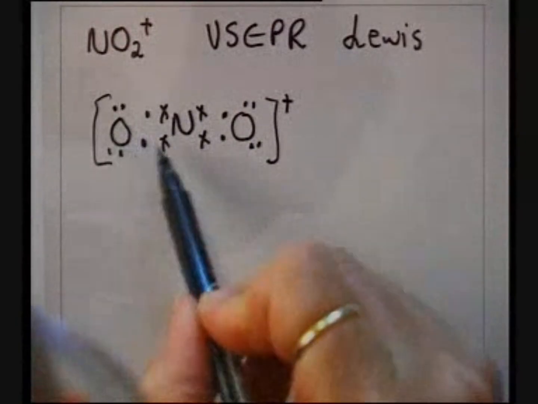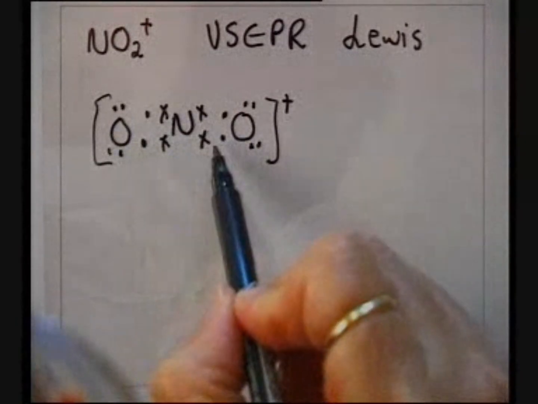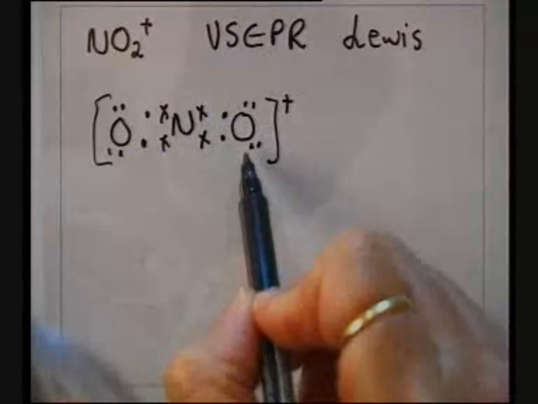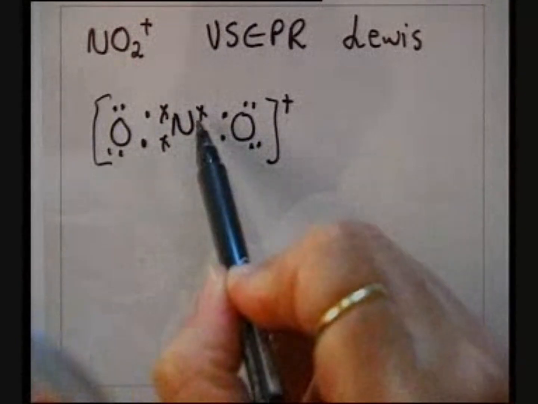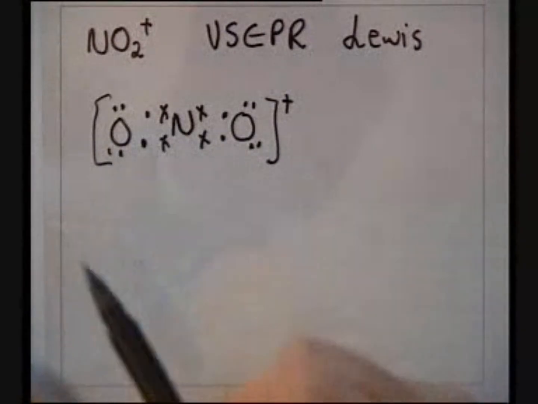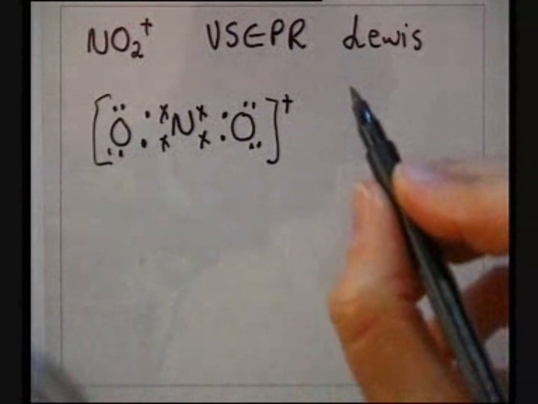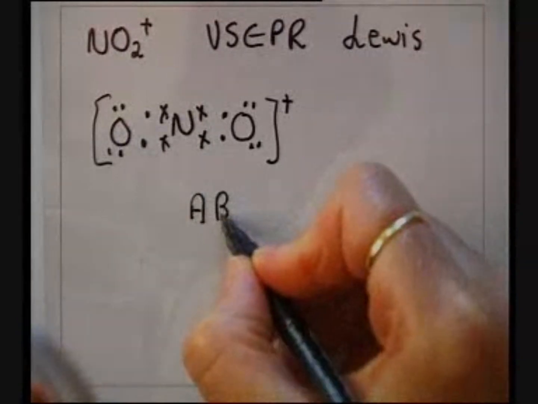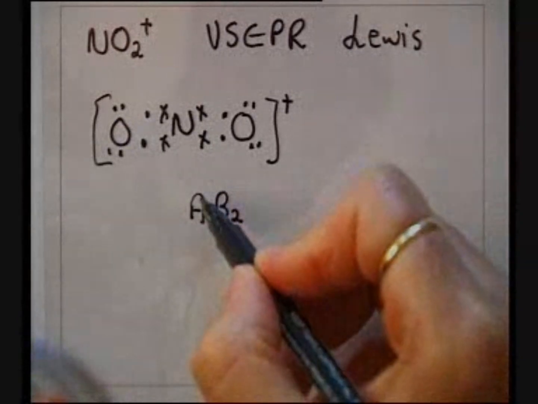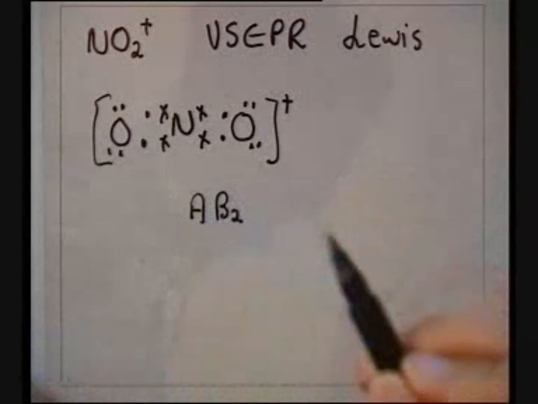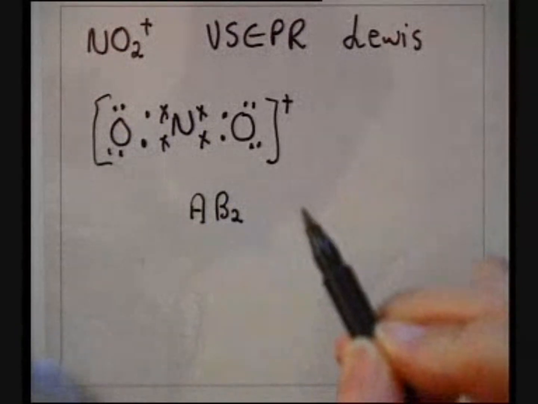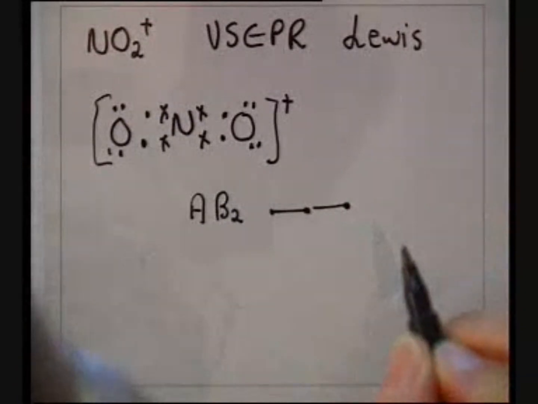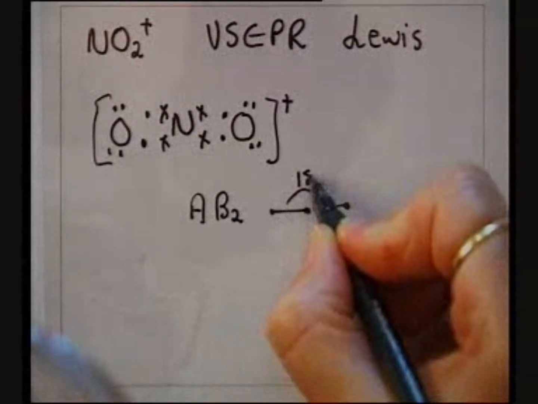We see now if we propose a structure where we form 2 double bonds in the molecule, we can form the classical electron octet around each atom. 2, 4, 6, 8, nitrogen 2, 4, 6, 8, oxygen 2, 4, 6, 8. The electron pair geometry is determined by the central atom A, bonded to 2 terminal atoms, and because we have got no lone pairs around the central atom, we will have no distortions in our molecule. An AB2 electron pair geometry will describe a linear molecular geometry where we have got a bond angle of 180